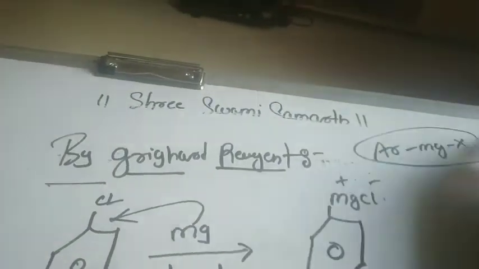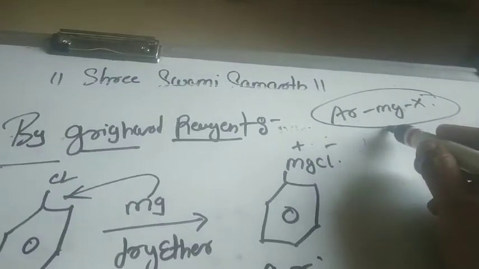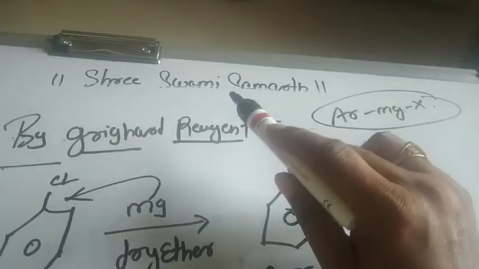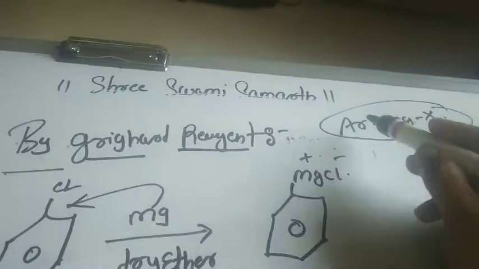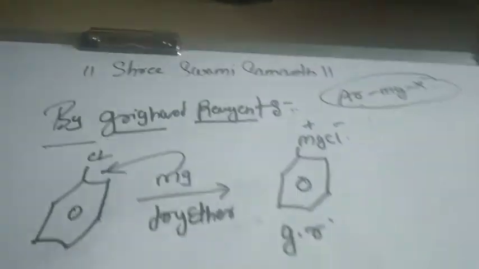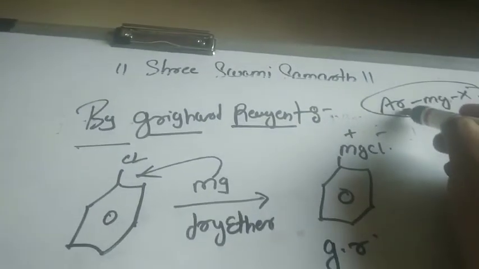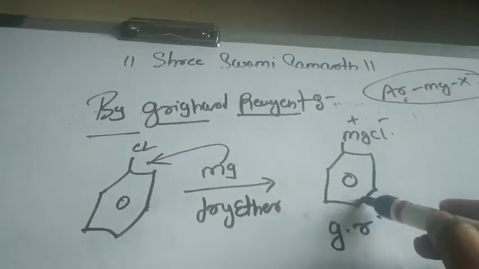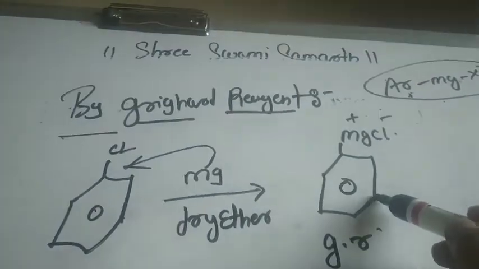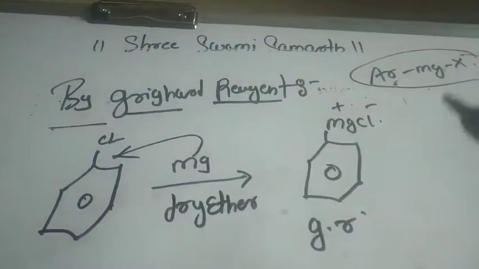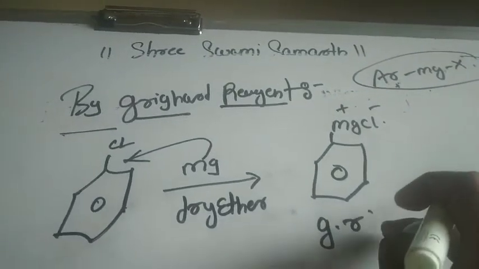I told you before beginning the lecture that there are two kinds of Grignard reagent. एक तो एरोमेटिक वाला होगा और एक तो अल्काइल ग्रुप वाला होगा. So here we have taken the example of an aromatic one. So Ar is nothing but the aromatic and aromatic is nothing but the benzene ring, right? Okay, so benzene MgCl, right? So this is how we have taken the Grignard reagent.